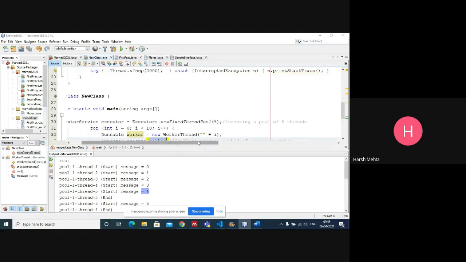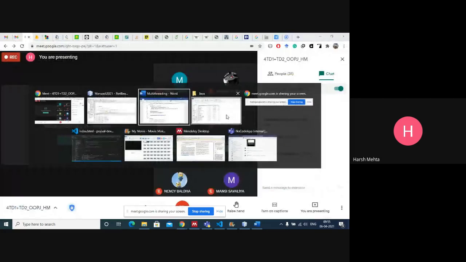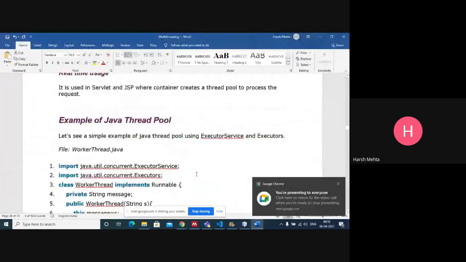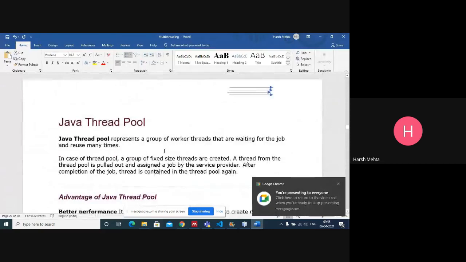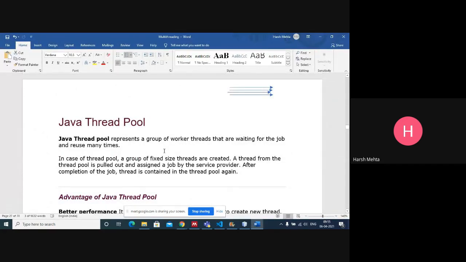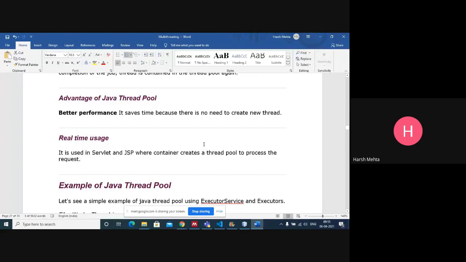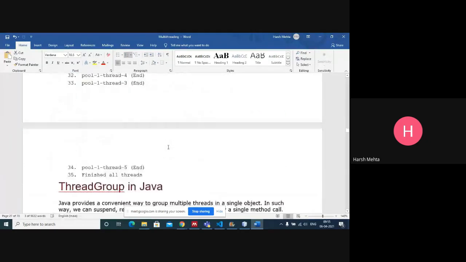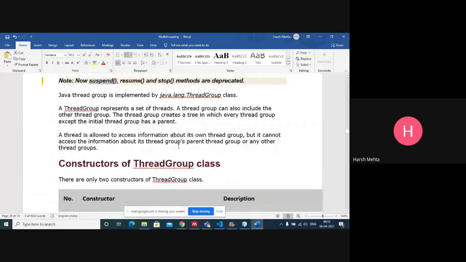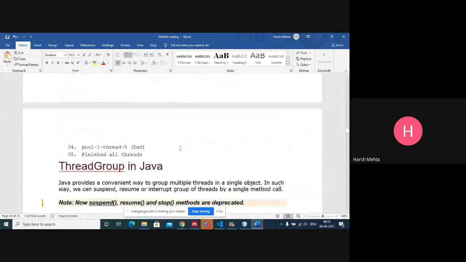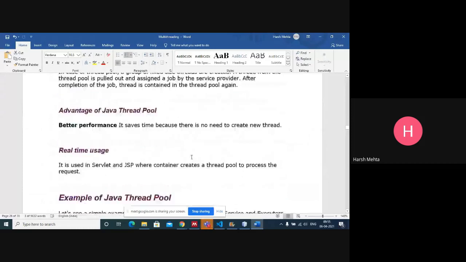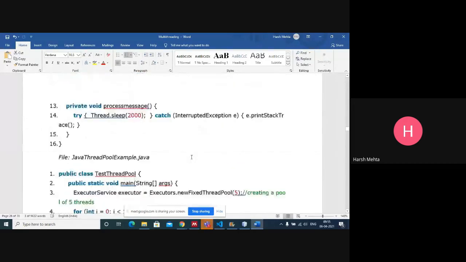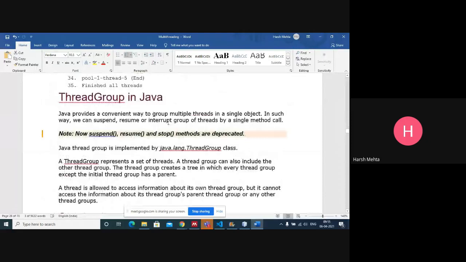Now you are not supposed to know this. You just know the concept. You must pick the concept and understand the concept. Other things are fine. Even if you don't know the programming of this executor and all these things, that's fine. Even for the thread group concept, you must know what a thread pool and thread group are.